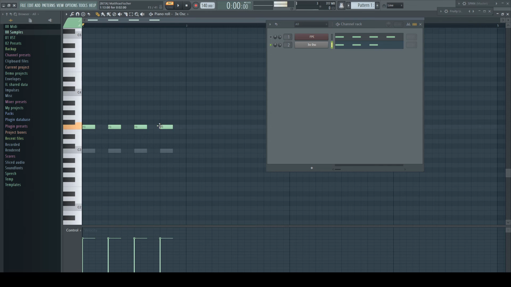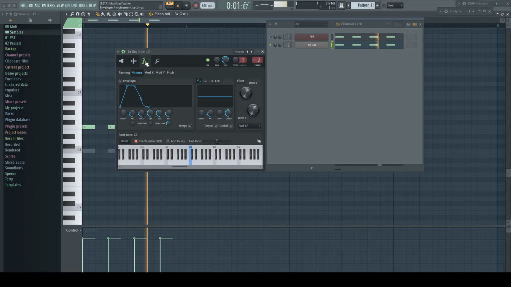What many producers do to enhance the low end instead of trying to crank up everything with deep EQ curves is to layer a very low sine wave underneath. A bit of attack, a bit of pitch envelope to give it a bit more punch,